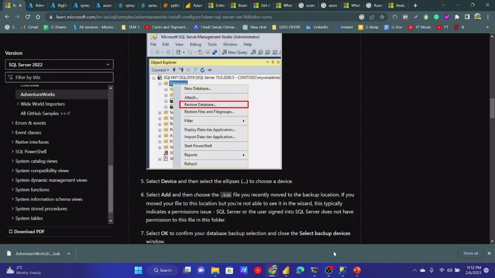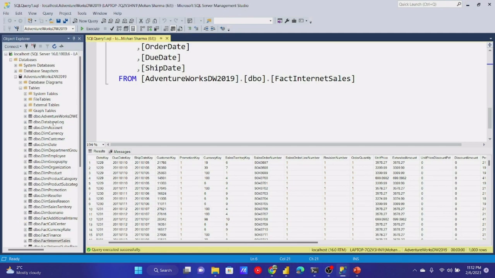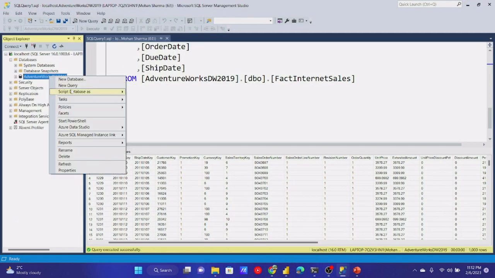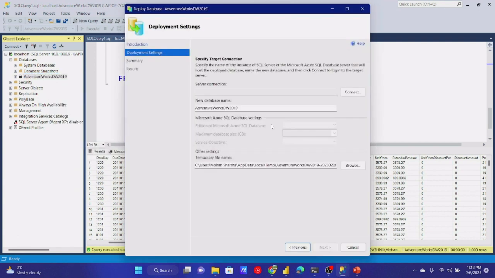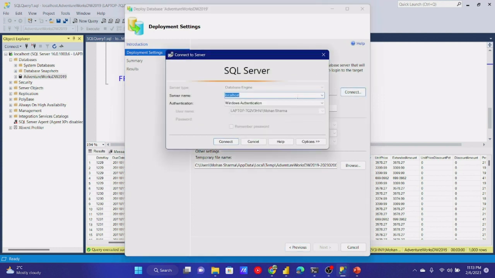All right. Once you have this in your database, you can right click on it. We go to Tasks, we go to Redeploy, which is because I have already deployed this on my Azure server. So I need to provide the connection link here. Now this is the part where I need you guys to focus the max. You need to change the server. Right now it is connected with my localhost server, which is my SQL Server. But in case I need to deploy this database, this data warehouse of the AdventureWorks retail company, to my Azure,